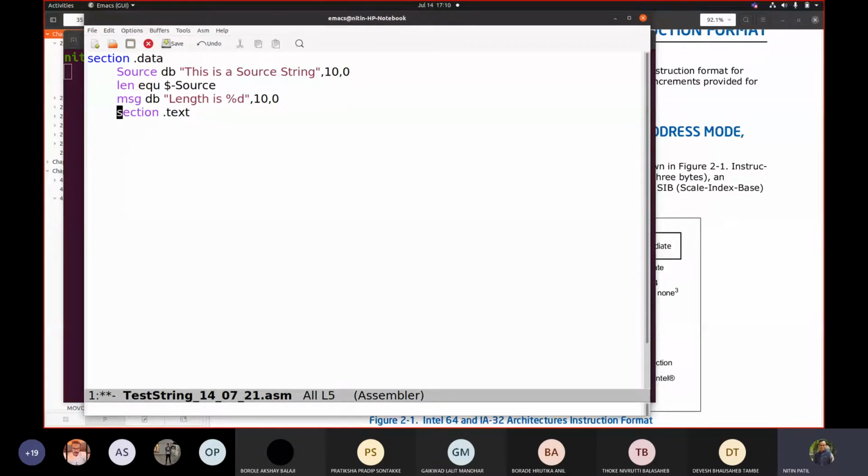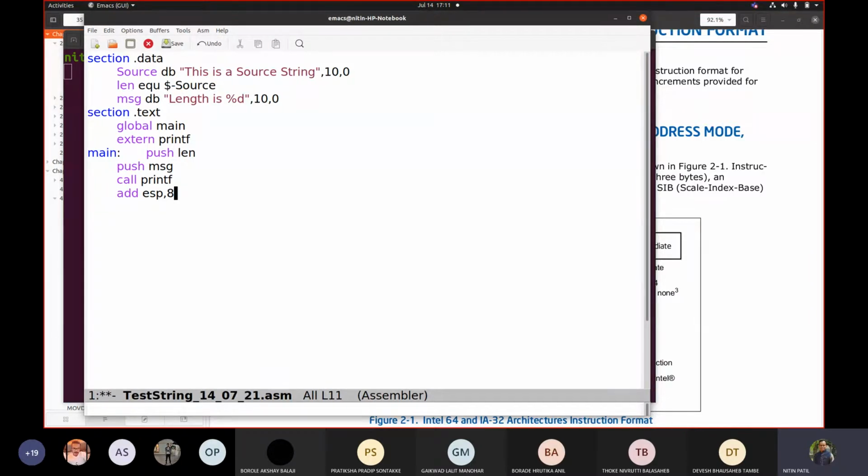Section .text, then we will write global main and extern printf, and we want to print this message. So let me say push len, push the message, call printf, add esp, 8.